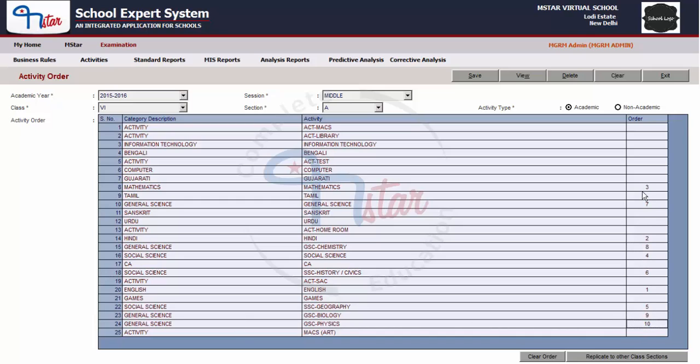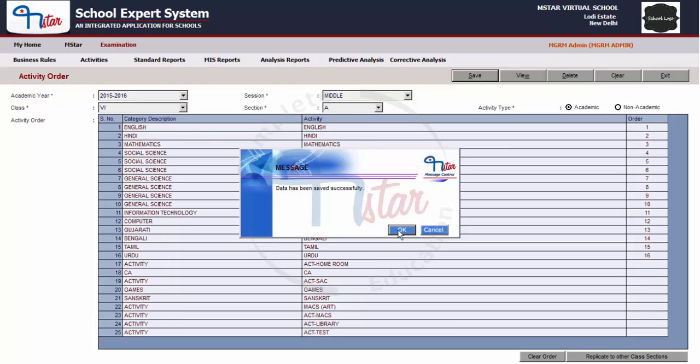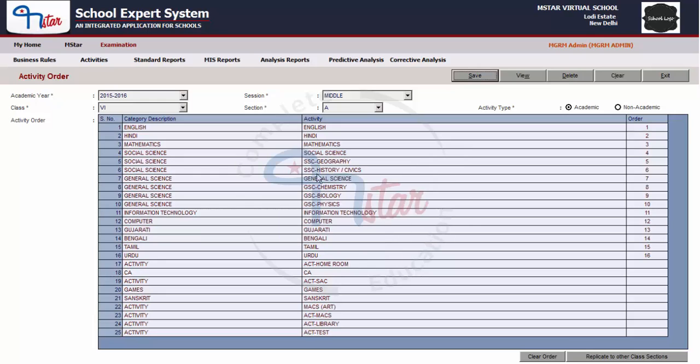So as you can see, as we are clicking on the column against the subject, the sequence of the numbers is also maintained. So continue as per the subject order required. If you want to check the subject now, you can click on the Save button, and the subjects get ordered as per the priority order and the data saving confirmation message is received. Click OK. Now you can see the order that you have just defined, and you can continue for other subjects.